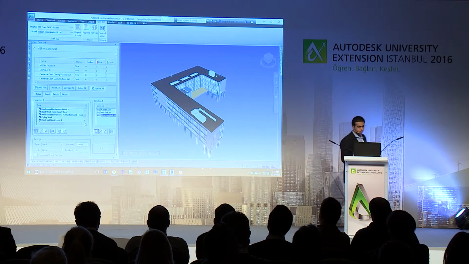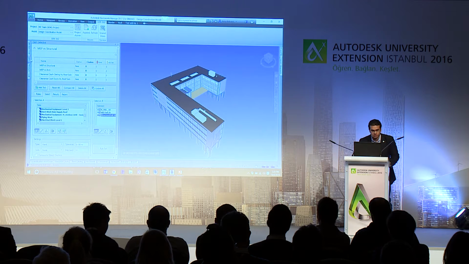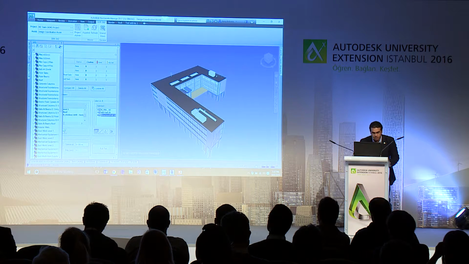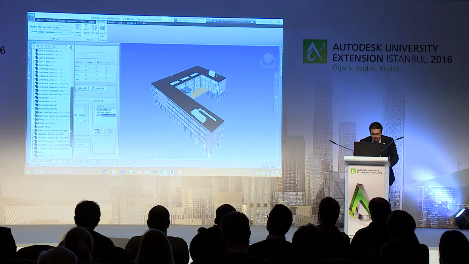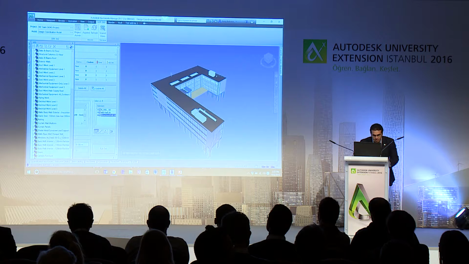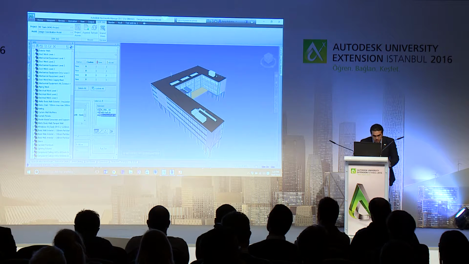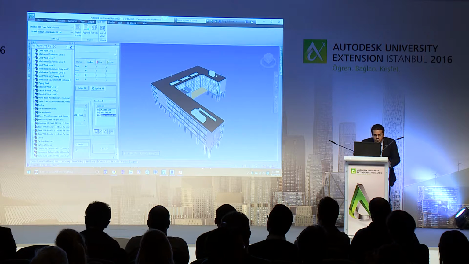For example, if I go here to my search sets, I have created something to select only the mechanical equipment in my roof. So if I go here,